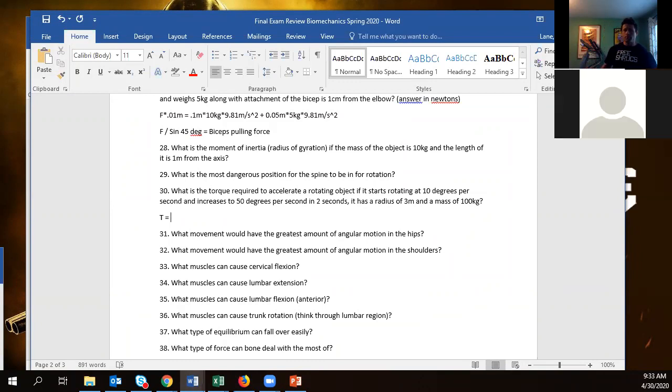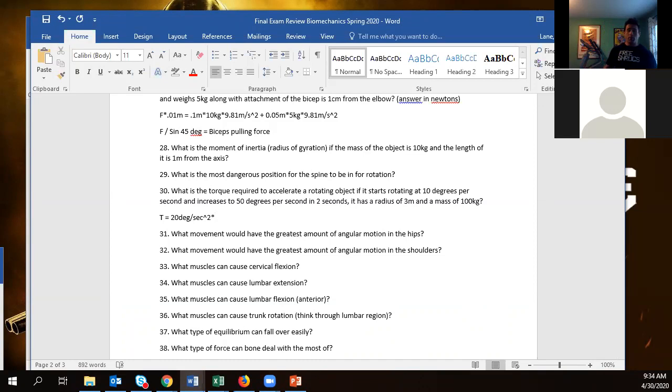Okay. Would it just be the 10 to the 50? Yeah, so from 10 to 50, so the total change there is what? 40. Bingo. And so with a total change of 40, it did that in 2 seconds. So now 40 divided by 2 gives us an acceleration of what? 20. Bingo. So we've got 20 degrees per second squared multiplied by, so now we need to get our inertia,